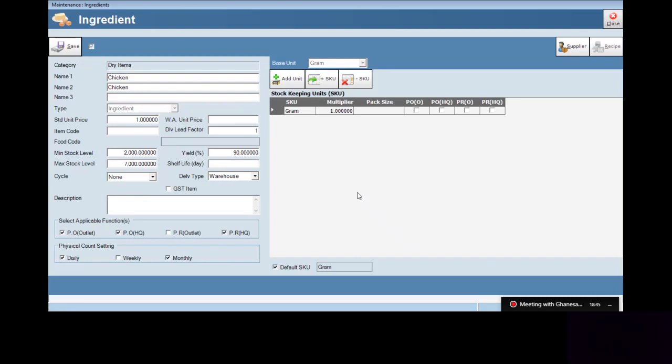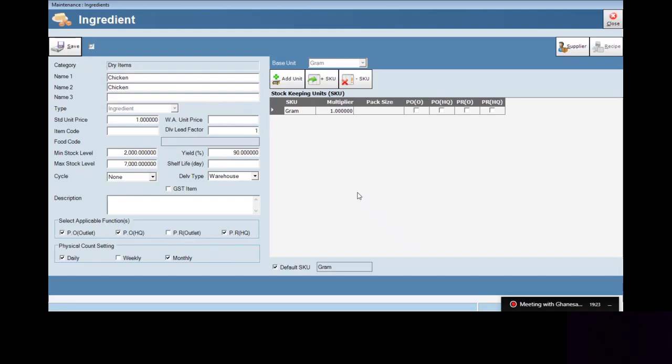Okay, now we move to the calculation part, which is the stock keeping unit, which is SKU. Now, why we need to create a SKU is because it makes it easy to do the ordering and to know what kind of unit and which measurement unit they need to order in. And another thing, the multiplier means that the system needs to calculate based on the SKU unit they are receiving from the supplier, and the moment they post the goods receiving, the system will automatically calculate based on the multiplier. All right, so now how to create the SKU.